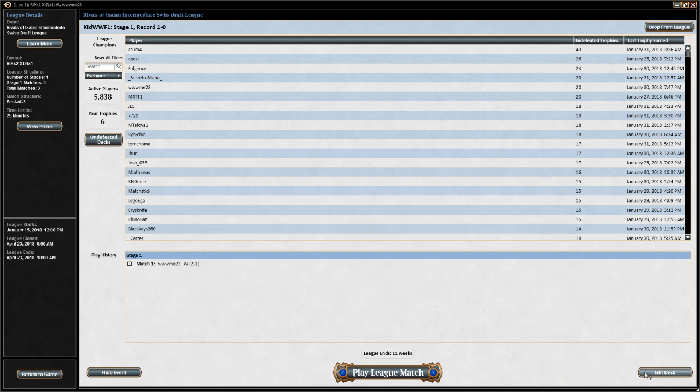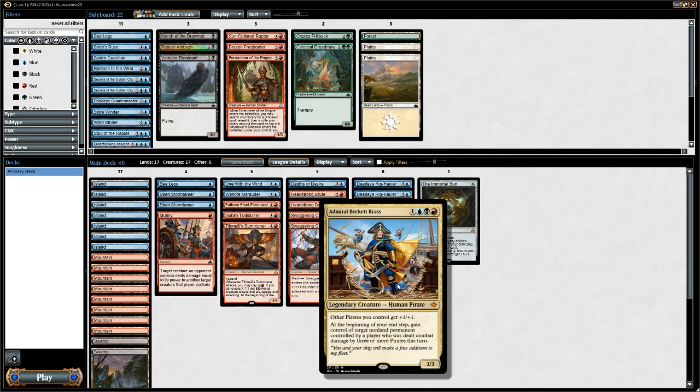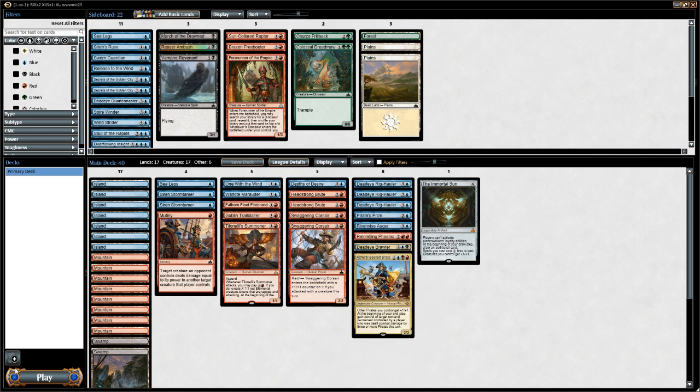Hello, everybody. Welcome back to part 2 of this Rivals of Ixalan draft. We got Phoenix, we got Immortal Sun, and because we're being greedy, we've also got the Beckett and the Brawler, even though we don't have a great splash. I'm assuming you knew all this because you watched the first video, but